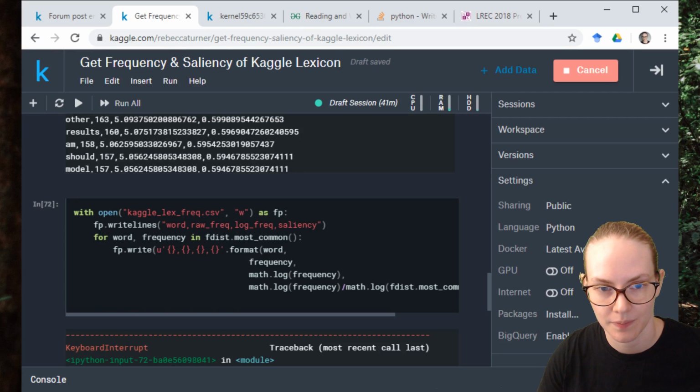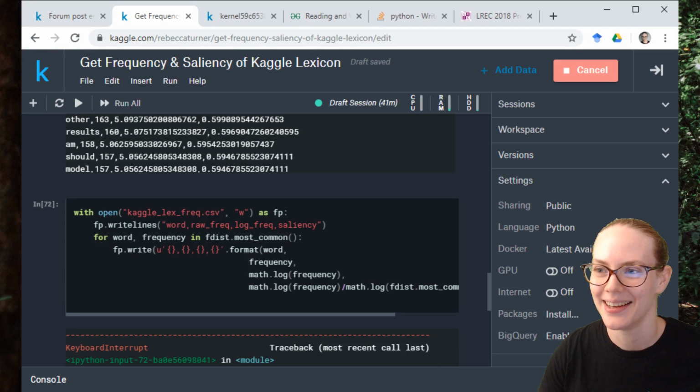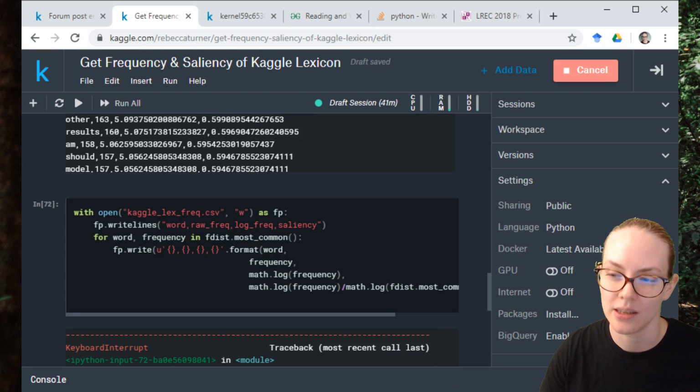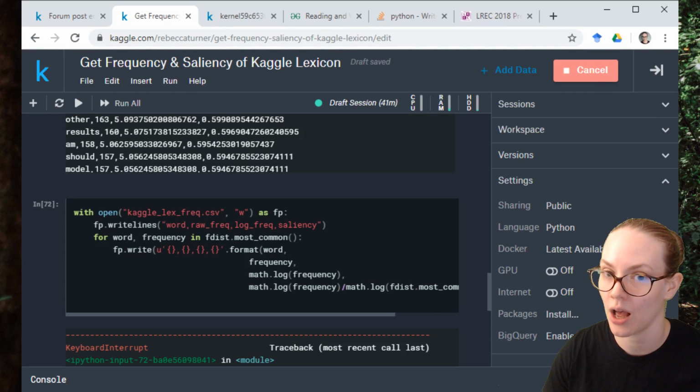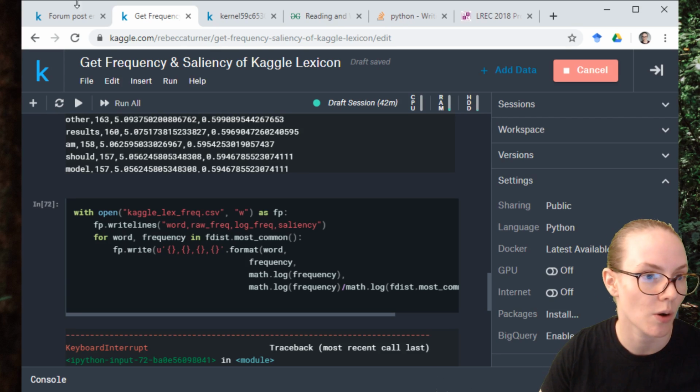Because if you remember, actually, how are we going to use this? We got as far as determining what the measure was, but then what are we going to do with it? I think something that would make a lot of sense is to calculate the saliency on the terms for the day, and then find which terms have moved the most for the day, so which are the most surprising given the corpus as a whole, right? So if people are suddenly talking about, I don't know, KL divergence or something, the term KL should probably be much more salient or much more common on the day than it is overall in the corpus. So I'm giving myself a little note.